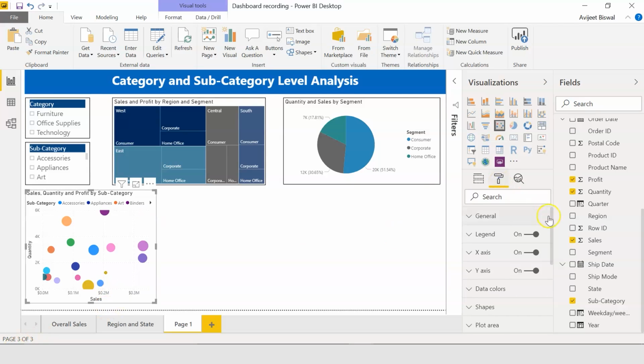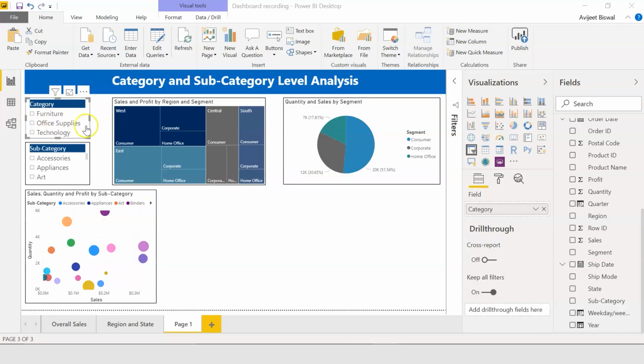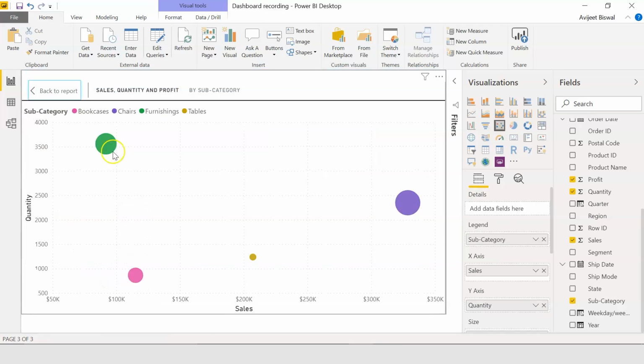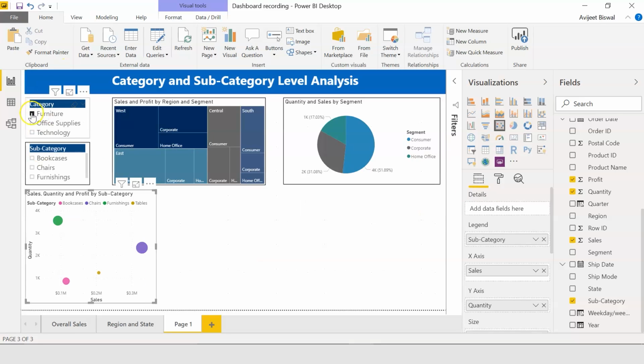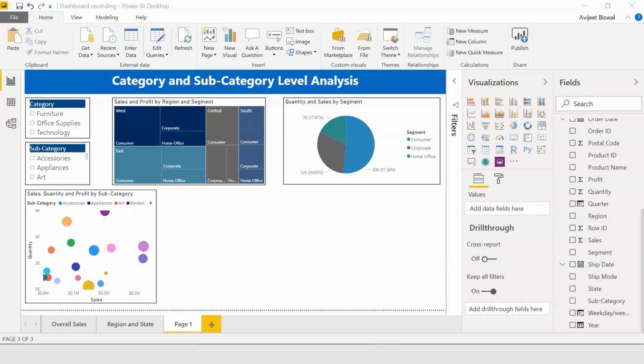Let's add a border to this. You can use the category filter. Suppose if I choose furniture and expand this, you can see under furniture, subcategory furnishings gave us the lowest amount of sales with the highest number of quantities sold, but it gave us a decent amount of profit. Subcategory tables gave us a decent amount of sales with lesser number of quantities sold, but didn't give us any profit. Subcategory chairs gave us the highest amount of sales and also the profit. I'll uncheck this. Let's now create a line chart where we can see the profit by each year and quarter.